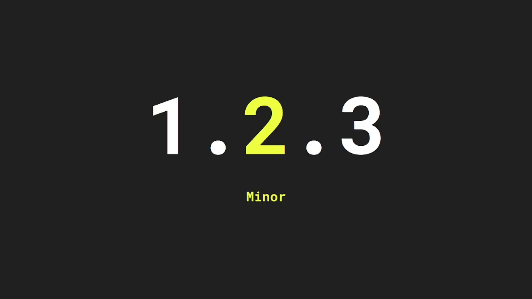This reflects the number of smaller fixes, maybe some minor upgrades, usually backwards compatible in the same major version. And the last number of the 3 is called the patch, and usually this is used for bug fixes or maybe dependency upgrades, things that don't really affect the user experience much, but should still be noted